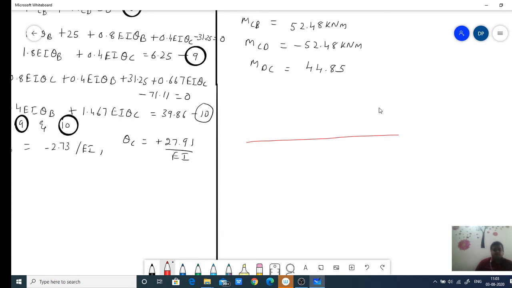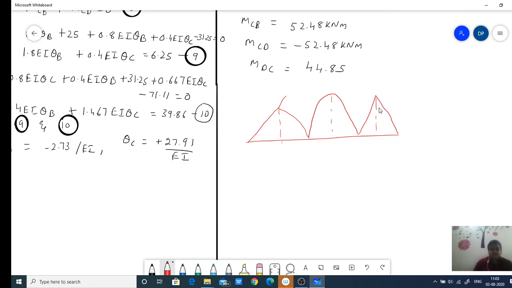Right, now coming to here, whenever I am drawing, here you will be getting one triangle, right? And here you will be having a parabola, and here also you are having a triangle. These triangles are with respect to the point load, and this parabola is with respect to the UDL which is given, right? Now coming to the values of this, if you look into the diagram, here you need to calculate by the formula, right?